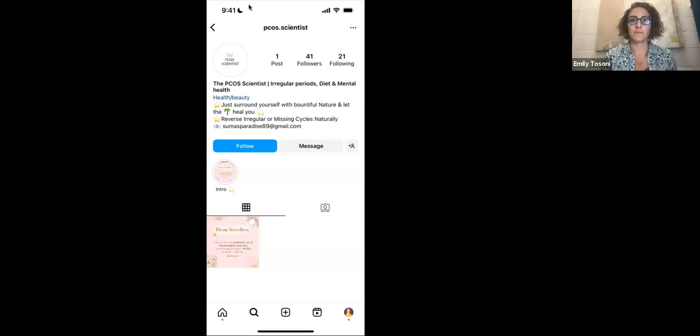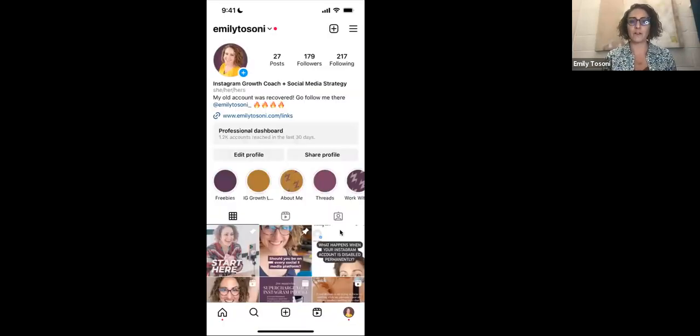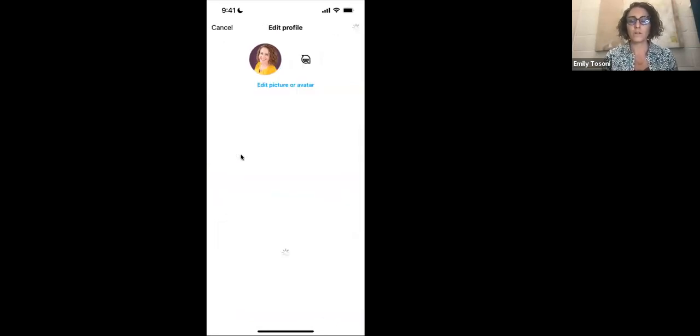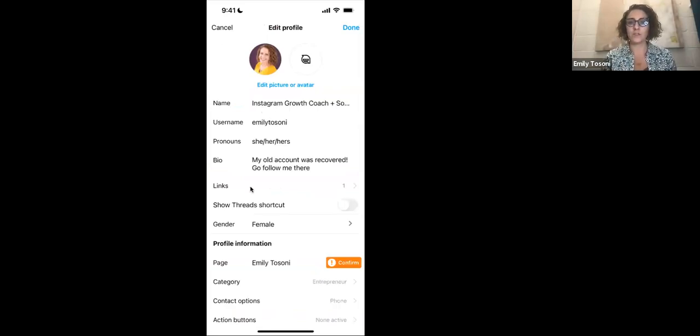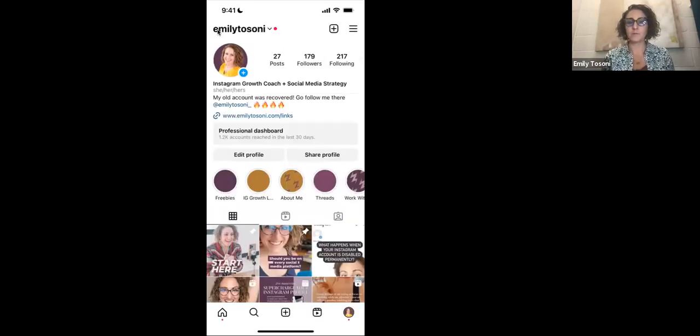Yes, I will show you how to change it. So when you're in your profile, all you do is go to this edit profile, click on where it says edit profile. And then once you're in the edit profile area, whichever one of these you want, you click on it. So for the name field, you would just click on the name field and then you can change it. And it tells you here, you can only change your name twice within 14 days. That's where you would go to change any of the things we're talking about, that edit profile button.